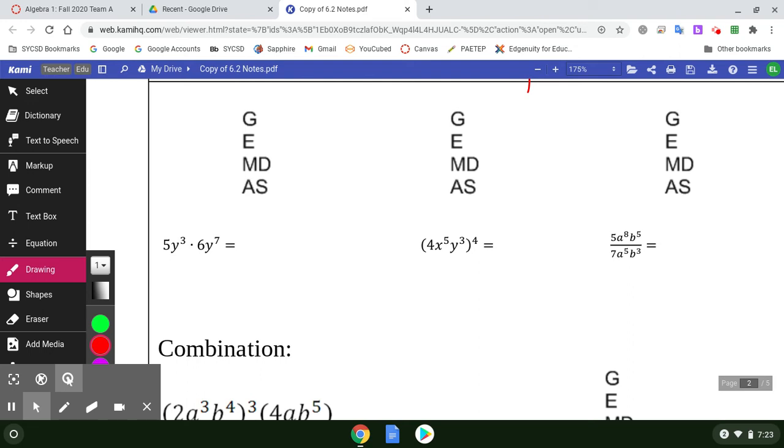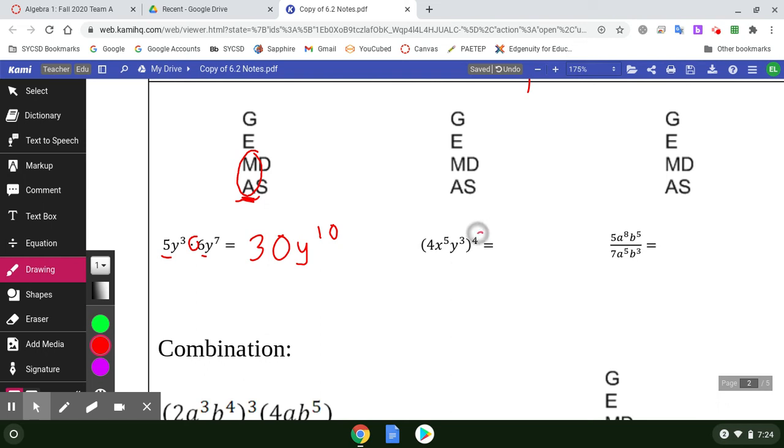So notice in this first example, we are multiplying like bases. So that tells us that we are adding the exponents of the like bases. So remember, we're multiplying 5 by 6, so that's 30. But then y cubed times y to the 7th becomes y to the 10th, since 3 plus 7 is 10. In the second example,